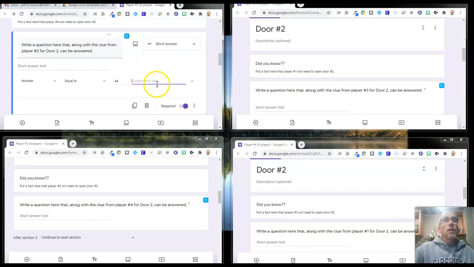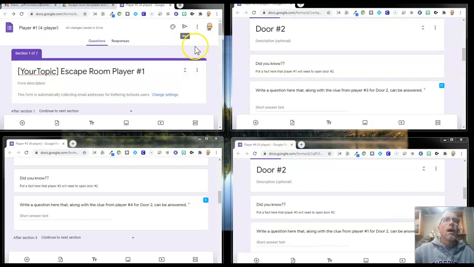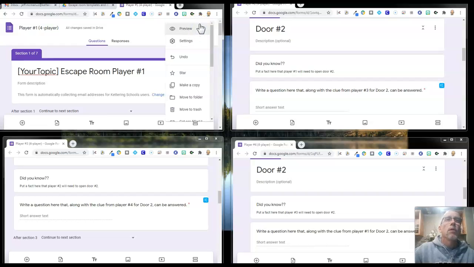And you can put some text here, something like try again. And that's the message that will pop up if they don't answer it correctly. And if they do, it will allow them to go on to the next screen. Okay? So if you have not used Google Forms before, this might be a lot for you because we're using a lot of the features that are in there. It really helps to preview this when you're done. So when you hit preview, you will see